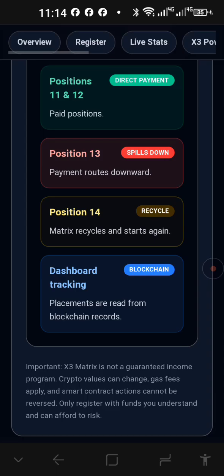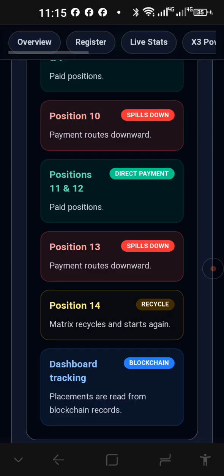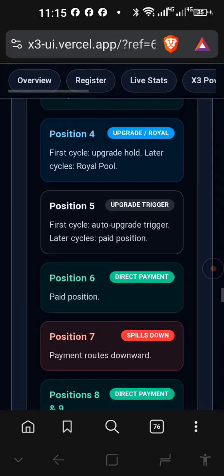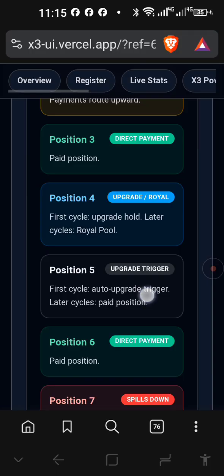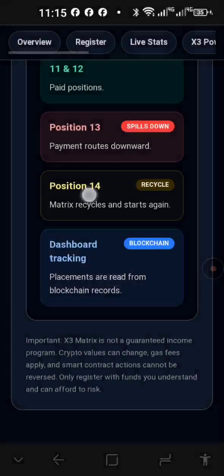Do not get confused between the levels and the cycles. There are 12 levels, from level 1 to 12. Everything doubles as you upgrade to the next level, and then there are 2 different cycles. The first cycle is if you have not upgraded yet. It's the first time you get to a level. That will be your first cycle, and once you reach positions 4 and 5, it will upgrade you automatically, or you can upgrade yourself. Right, now you will be in cycle 2, and then position 14 will always recycle you back into the same level.